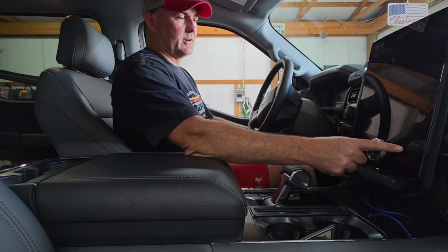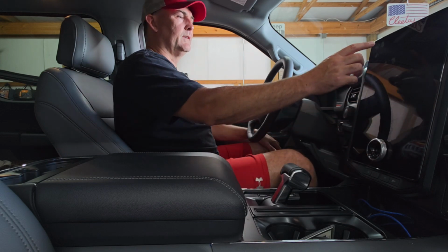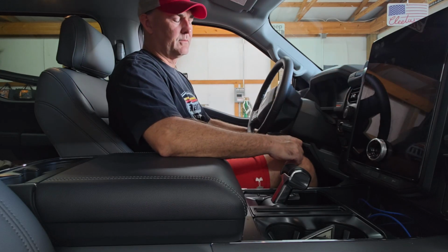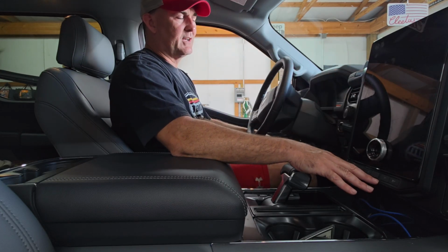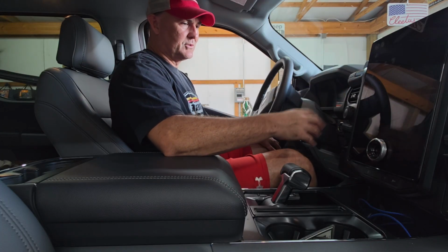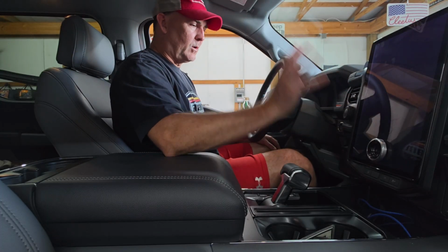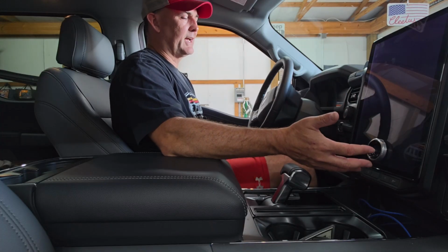There's a button down here in this area when the screen is on that you have to go into that menu, and then you wait for it to load, and then there's a button up here you hit to turn it off. You know, why not have physical buttons for the HVAC controls? I mean, if you want to do the radio and menu features, driver assistance features and stuff like that through the screen, okay, whatever. But you should always have physical buttons for your basic controls like HVAC and stuff like